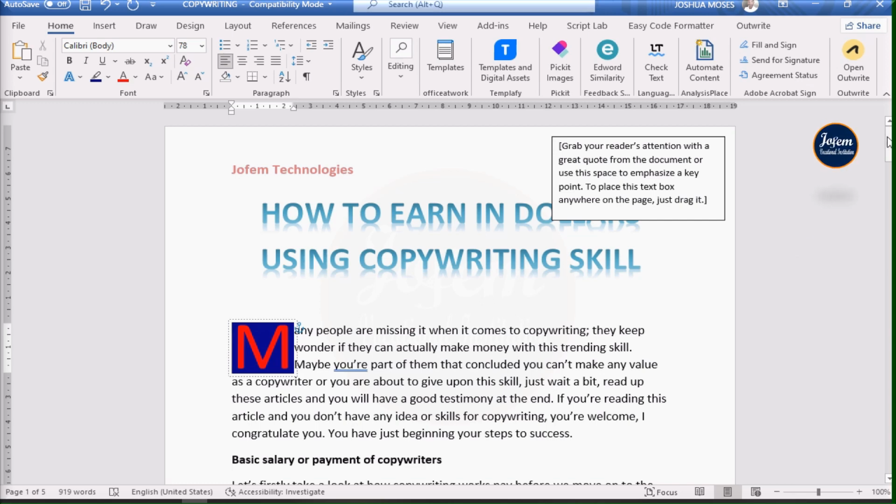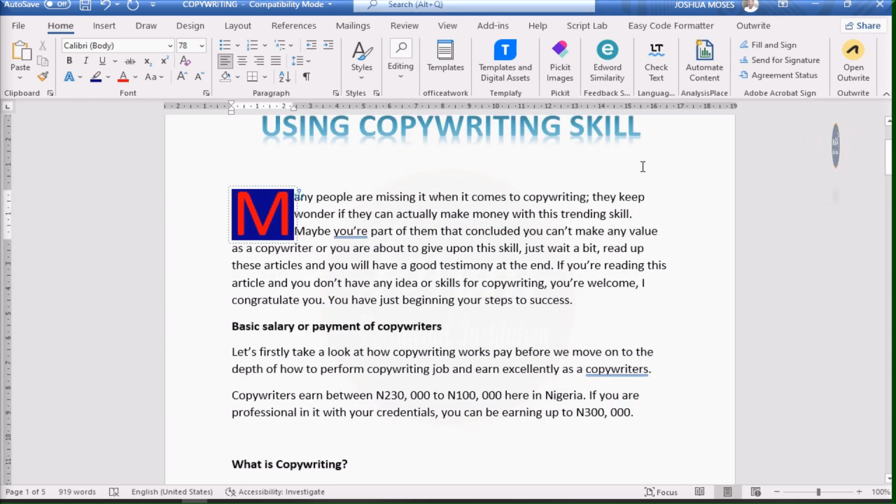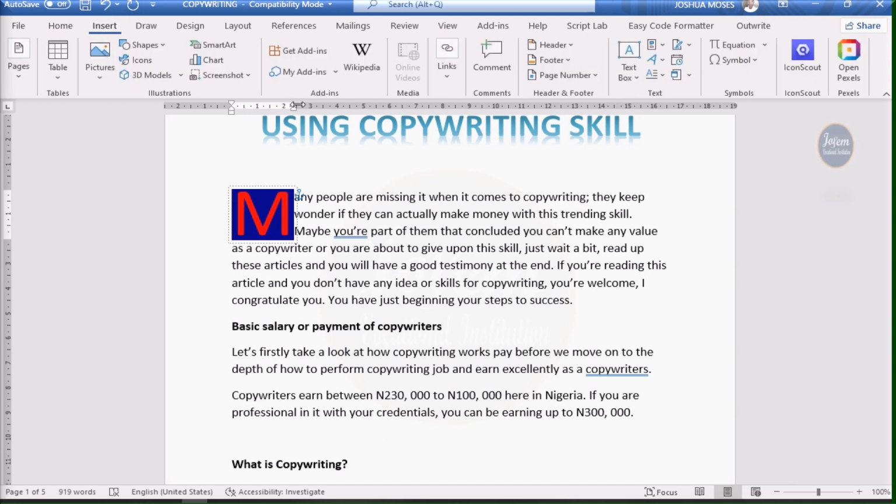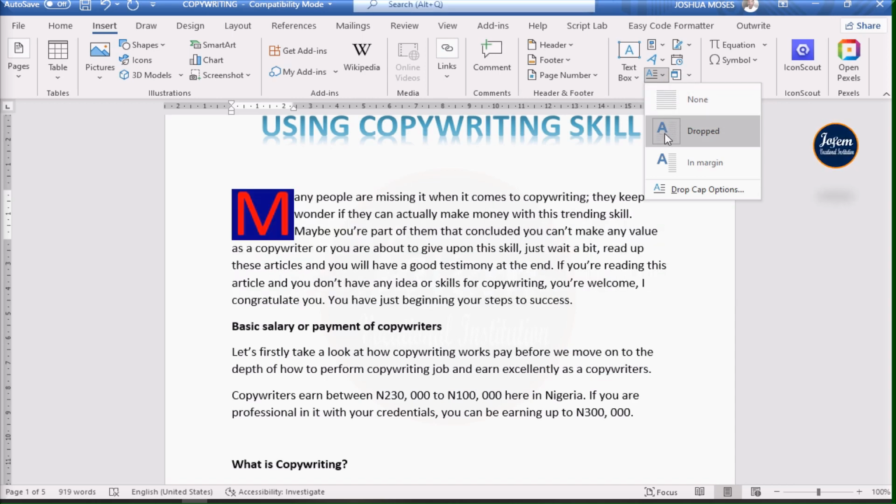I think you are learning something better. So you can as well do this from the insert. You can change the drop cap option. Like this one is drop cap, just like you are seeing it over here. It has text under and text beside.